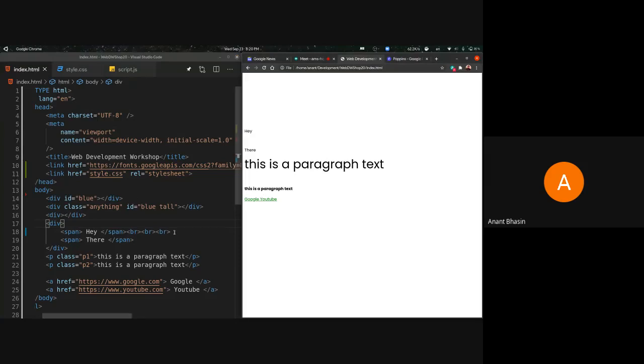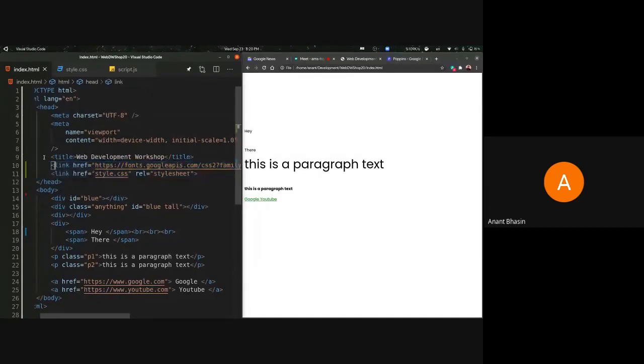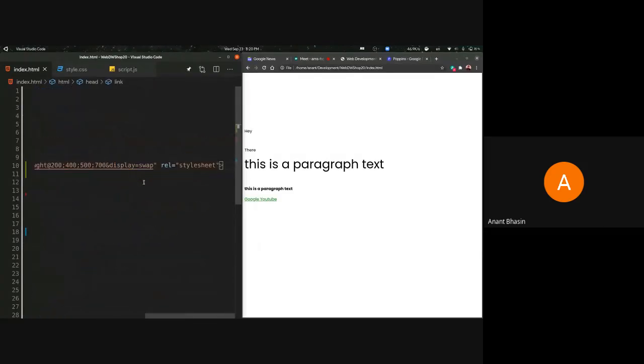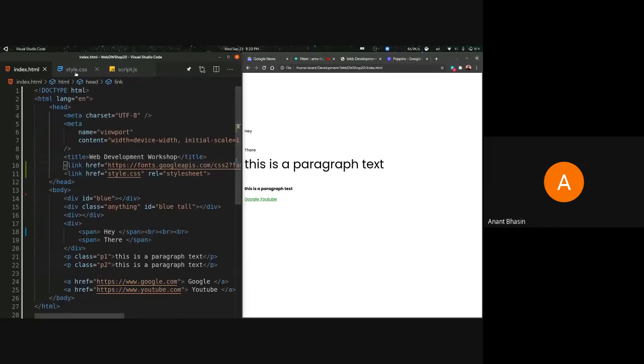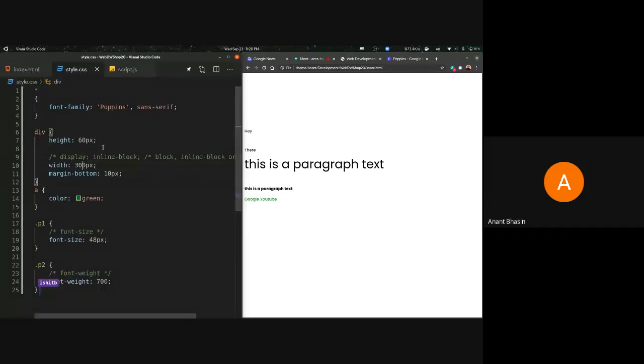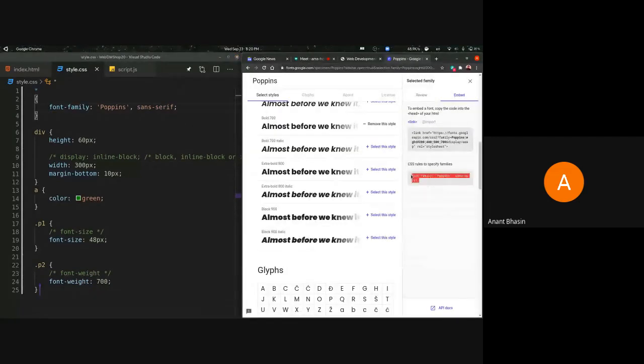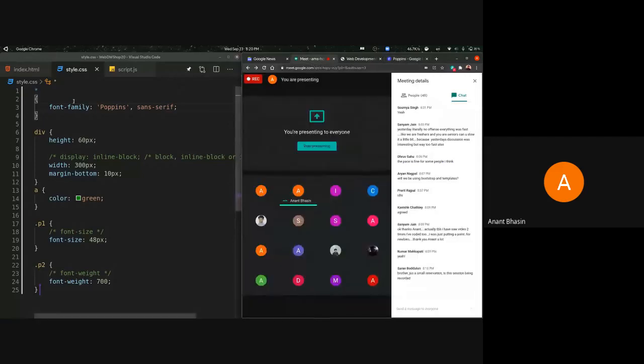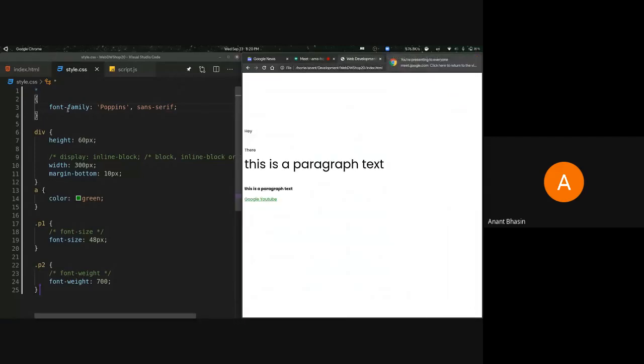So that's another tag which does not need a closing tag. Link is the other one. So let's just focus on link now. We have linked the font file. We moved the CSS to style.css, and we added the font family from the Google font site, the property from over here, to all the elements on this web page. So we have the font family Poppins now, which we got from Google Fonts.